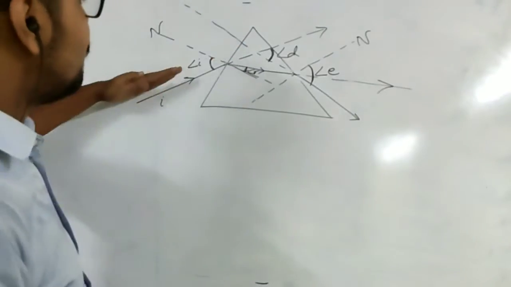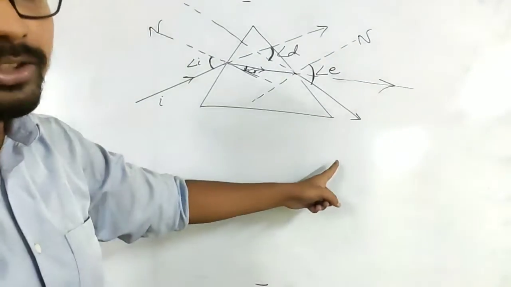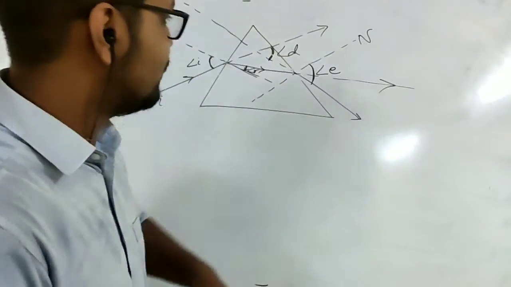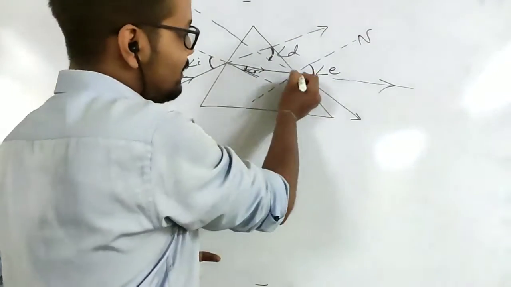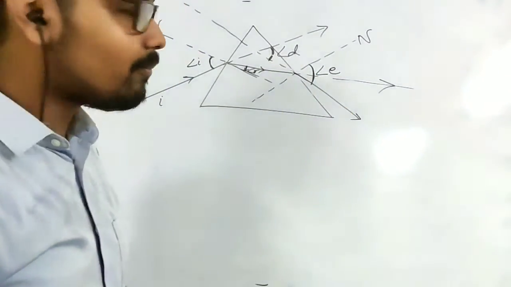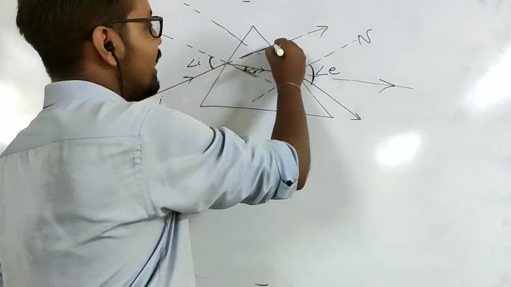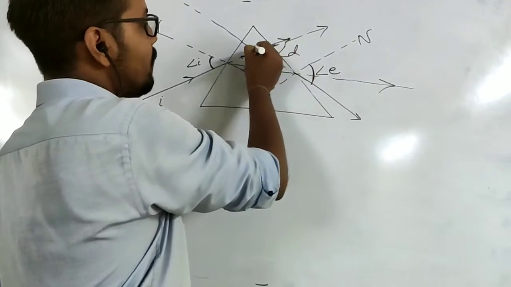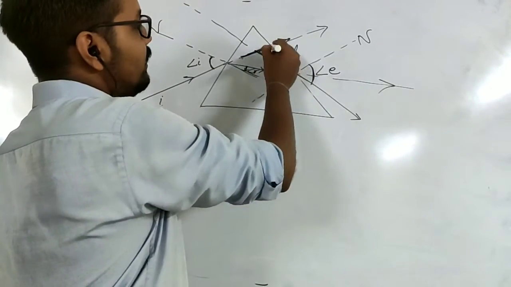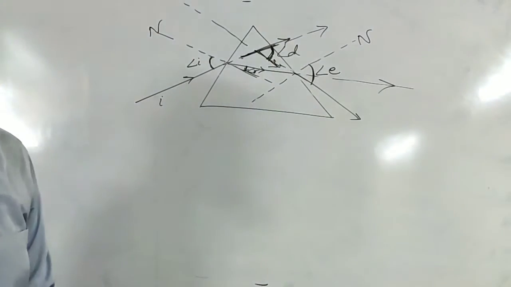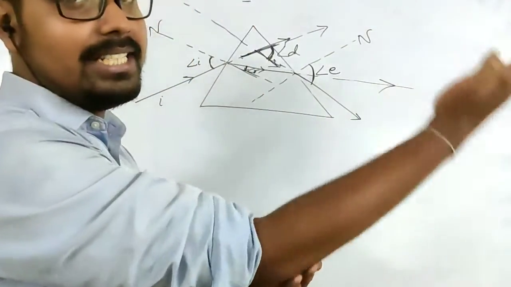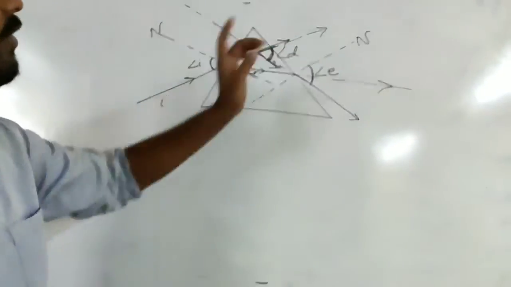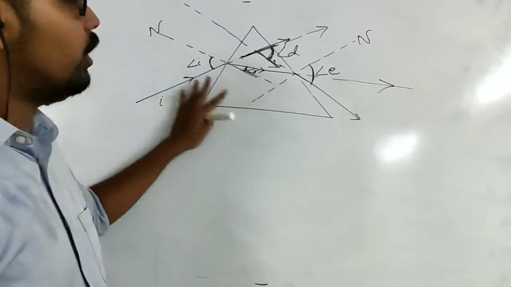If there had been no prism, light would have gone like this. Because of the presence of the prism, light has come out like this. This was the original path, but this is the final path. This is the distance, this is the angle change. It would have gone like this, but it came out like this. So this is the angle by which light is deviated, or has changed its path. This is the angle of deviation. I hope you are clear with all these angles.